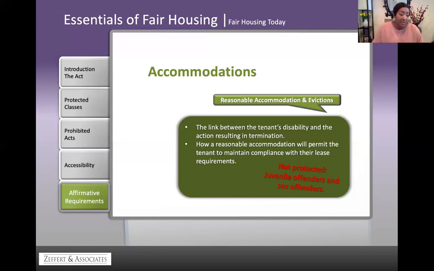When we talk about protections, it's very important, in the middle of page 13, and it's on the slide here in red. It says juvenile offenders and sex offenders by virtue of that status are not persons with disabilities that are protected by the Fair Housing Act. Okay, so not protected basically are juvenile offenders and sex offenders.